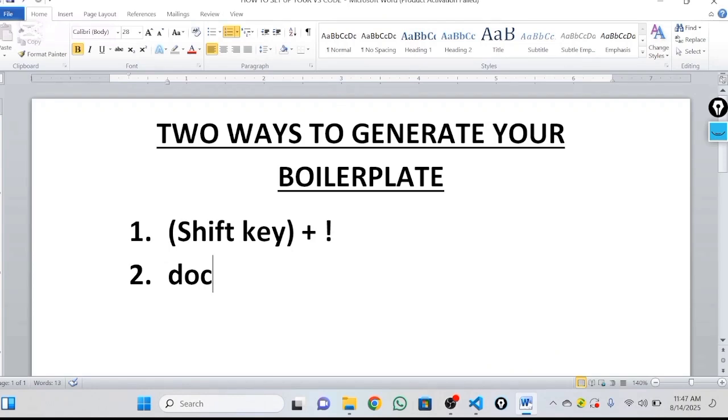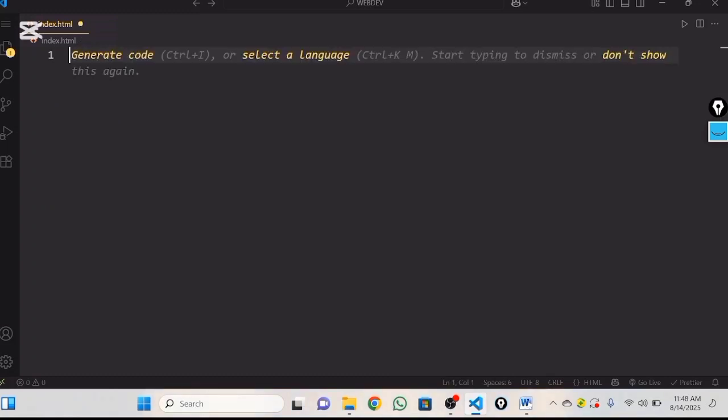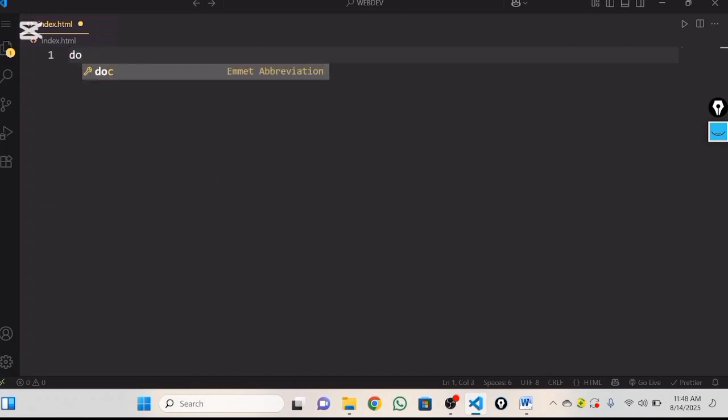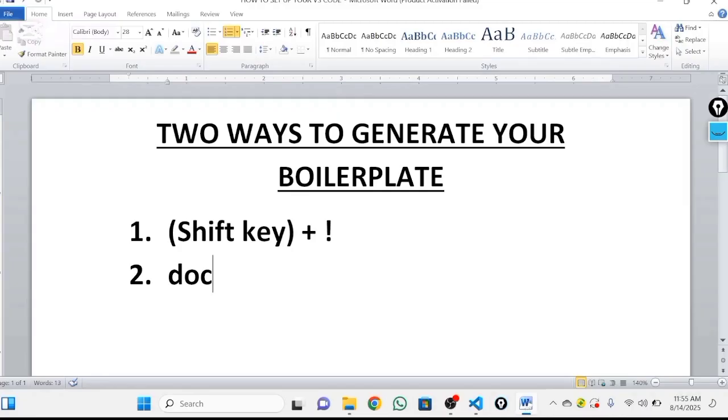Now, the second way to generate your boilerplate is doc. Let's go to our VS Code. Let's have all this delete. Now all you need to do is type doc. Press your enter button, and that's it. You generated your boilerplate. So far, we've seen two ways to generate our boilerplate and two ways to create a file